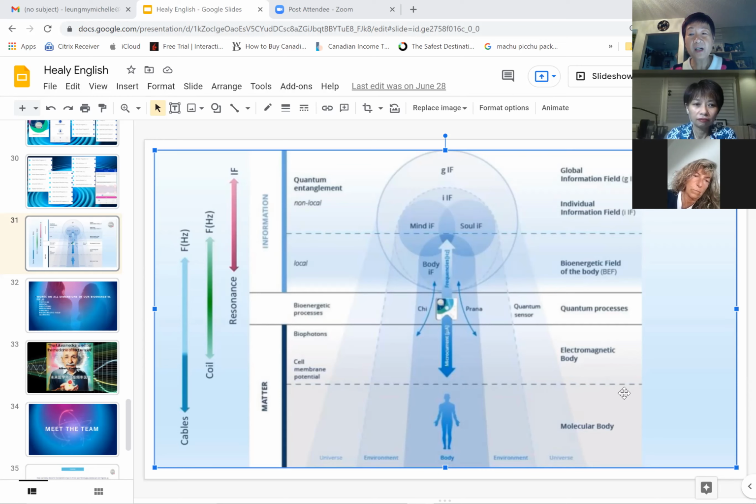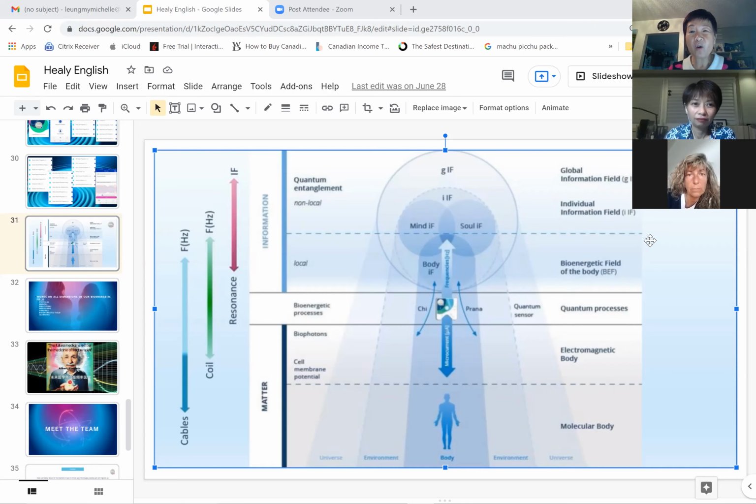part. Now, our whole holistic being is body, mind, and soul. The body, the physical biochemical part, is at this level here. Then let's talk about the resonance part, the blue dots application. That overlaps with the bioenergetic field, which in Chinese we call qi. In India, we call it prana, but they are all the same thing with a different description in different cultures.